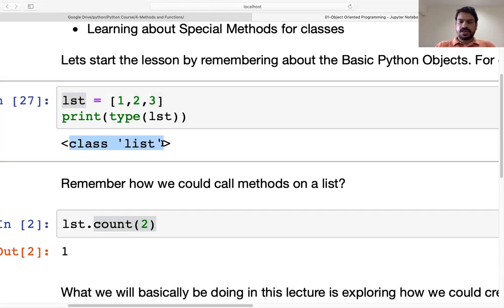Now in today's class, we will try to see how we can create our own object. It means how we can make our own class. Only through the class can we create the object.